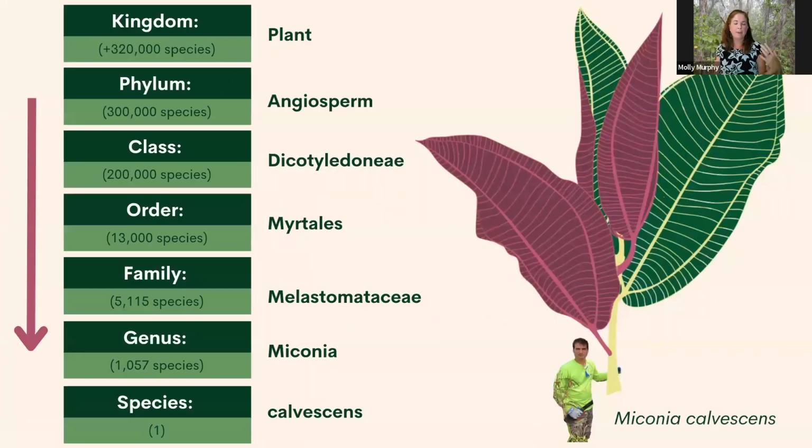You want to take a step back and think about what you're looking at. Especially if you're posting a picture to iNaturalist, you want to say it's a plant, because that's going to get you closer and closer to the identification. The more you learn about botany and how plants' characteristics are similar, you can get farther and farther down the characteristic chain and get closer and closer to your identification.